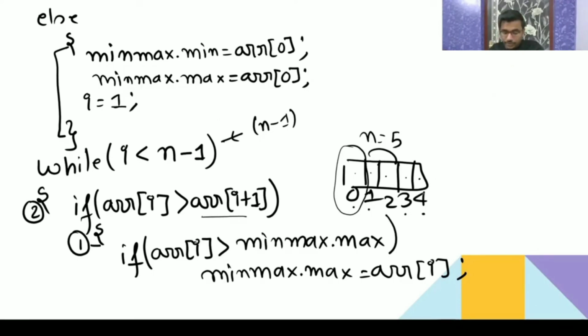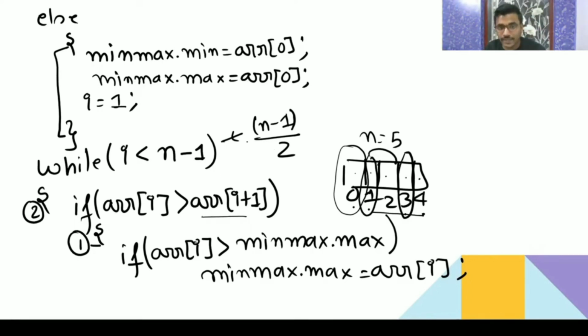No, no, you are correct, Rathor. So, how many elements are remaining in the array? N minus 1 elements. And it is executing by 2. Why? Because here i equal to 1, then i plus 2. So, this loop will execute only half as many times. So, the total number of times it is going to execute is n minus 1 by 2. Am I clear? So this loop is going to execute n minus 1 by 2 times when n is odd.